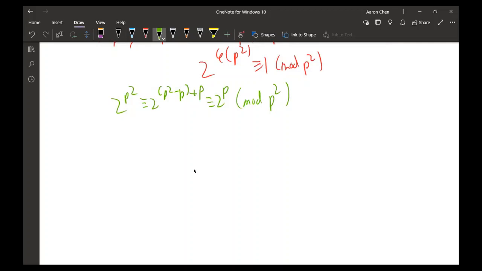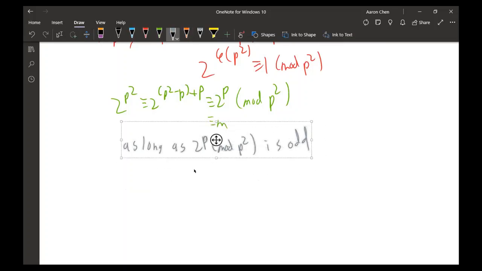And since this is congruent to m, that means that as long as 2 to the power of p mod p squared is odd, then this is the counterexample. In order to do this,